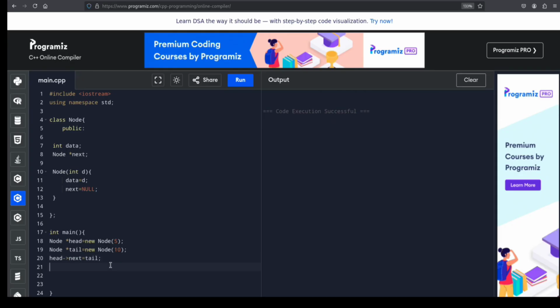Now the cool thing about this is that once I do a cout, okay, I can see out head and its data, and if I run that, you can see it's going to print out 5. We've created a linked list,